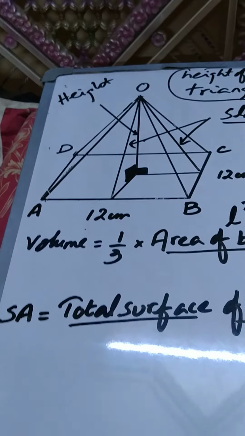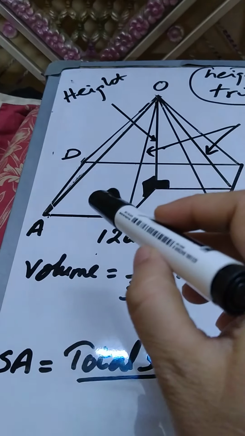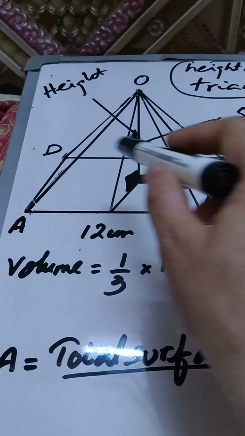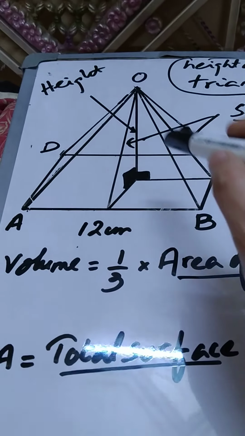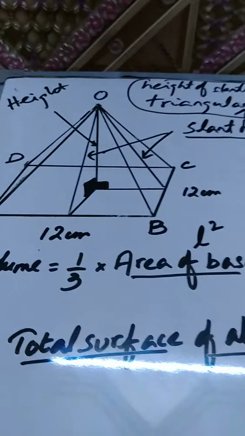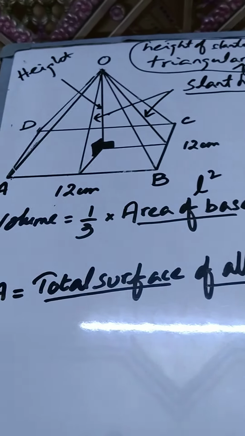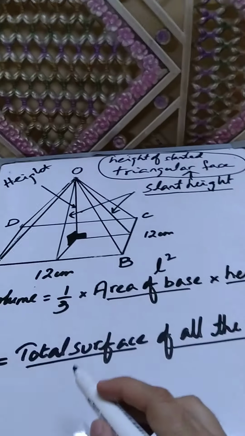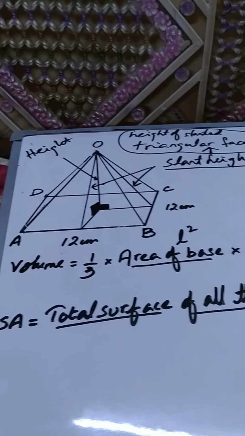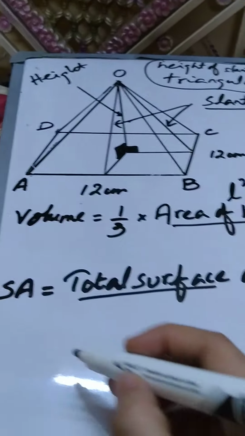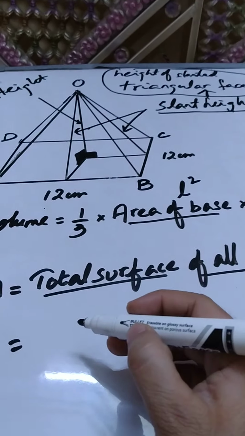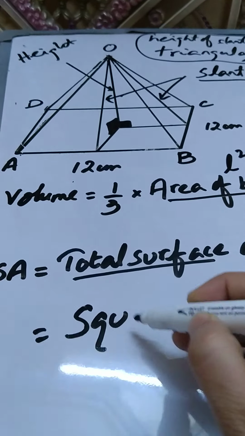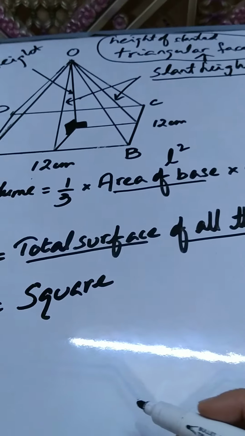We know that a pyramid depends on its polygonal base. So with a four-sided polygonal base, along all four sides there will be a slanted triangular face attached to it. So four triangular faces plus one square base. Every pyramid has its own different surface, okay? For this pyramid, the total surface area of all the faces: the first face is the polygonal base, which is a square,